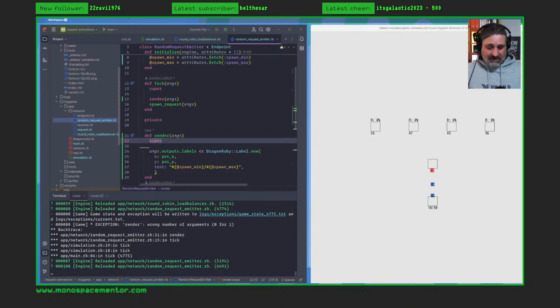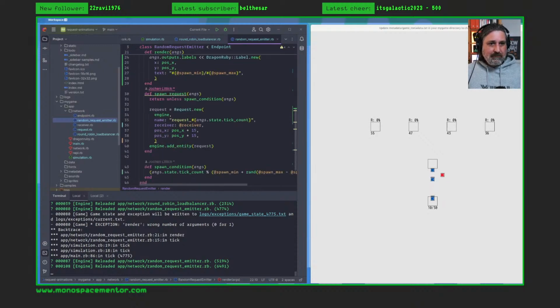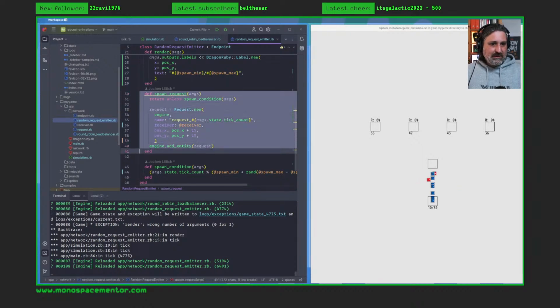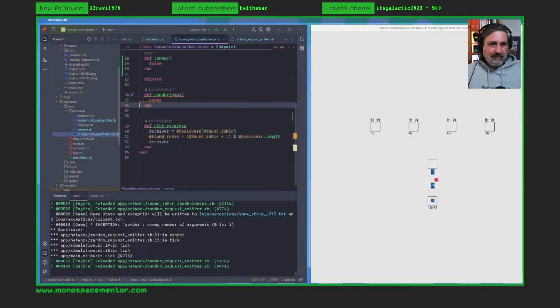Alright, now let's teach this load balancer to do something a little bit more productive. So I'll steal the spawn request method from our random request emitter, because